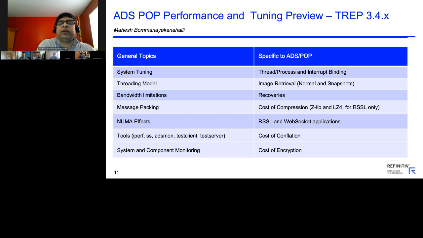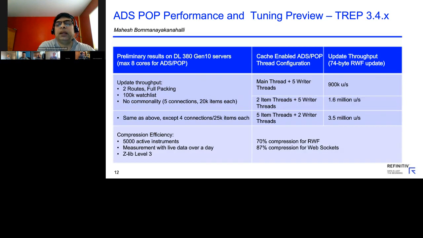So we have different examples there. We always enable the cache in the ADS POP. If you just use a main thread plus a number of writer threads, what is the message rate we can achieve? It's 900,000 updates per second, assuming 2 routes, 100K watch list with no commonality. And as we increase the item threads, if we include 2 item threads, we can go up to 1.6 million